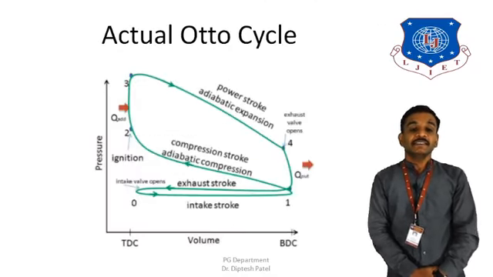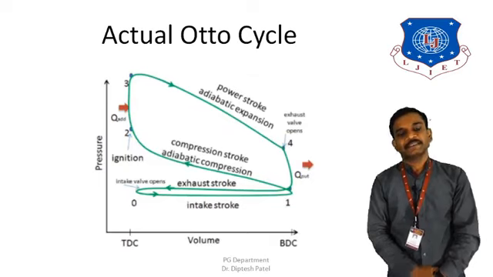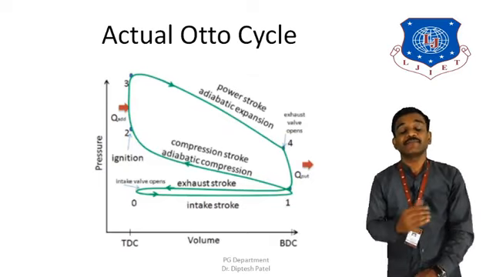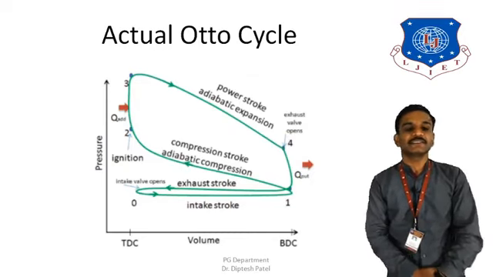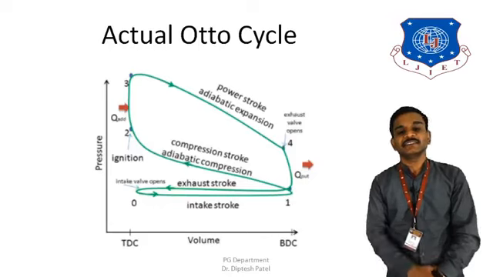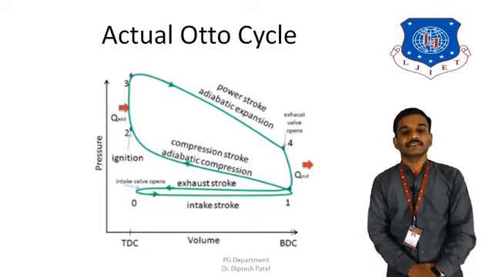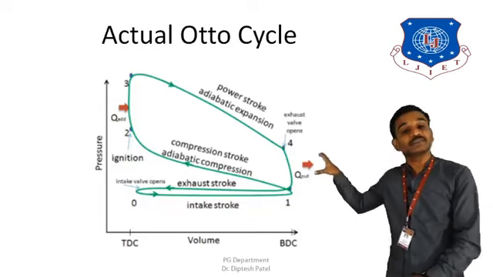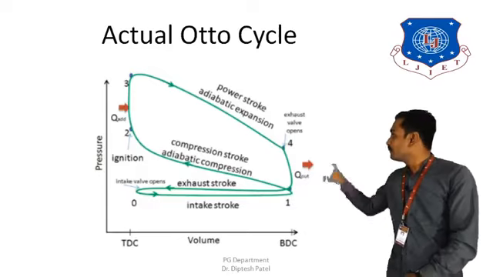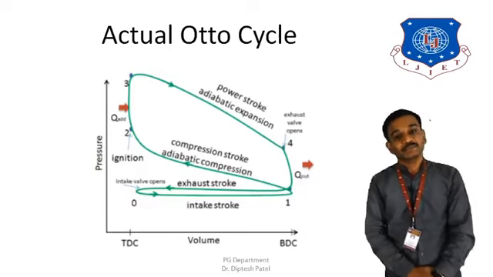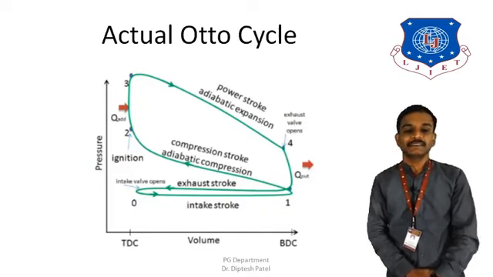Now we are going to see the actual cycles. As I said, actual cycles look a little bit different from the ideal one because of certain losses. We are going to see these losses as well. You won't see any sharp edges here. You will see these edges are replaced by curves because of the losses. So this is the actual Otto cycle, in which 1 to 2 is an adiabatic compression process, 2 to 3 is a heat addition process at constant volume, then 3 to 4 is an adiabatic expansion process, and 4 to 1 is the heat rejection process.